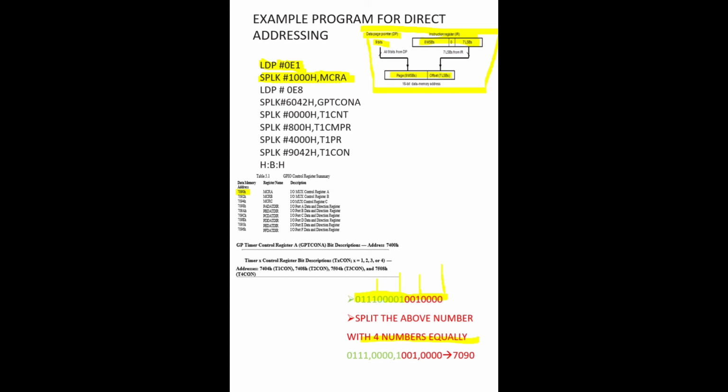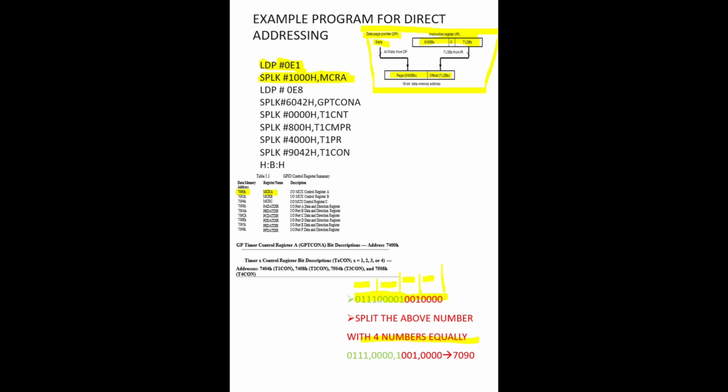So what is the first 4 bits? 7. This one 0. This one 9. This one 0. So you have got the exact address 7090 for the MCRA address. This is the default address. The mux control register A always has the address 7090. How did you get 7090? With the help of 0E1 and